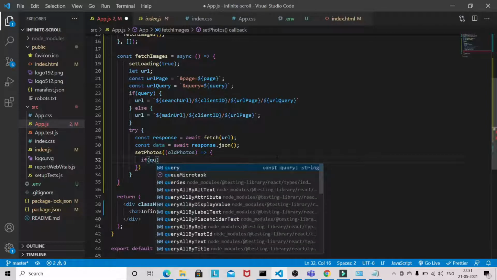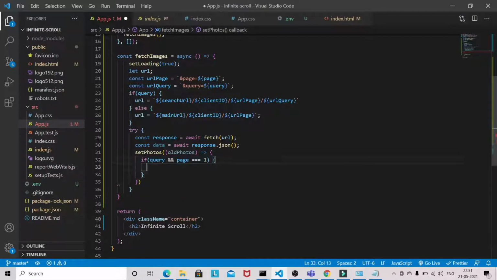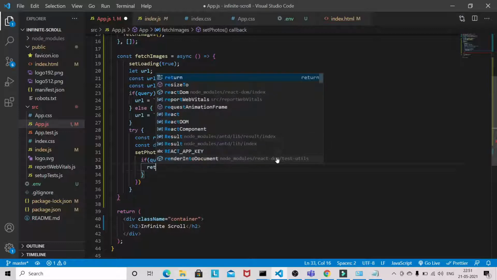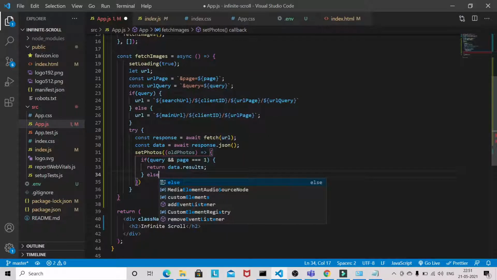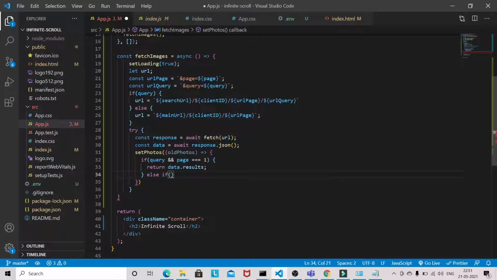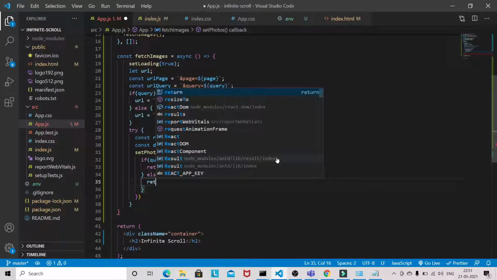If query and page equal to 1, return data dot results, else if query, return.